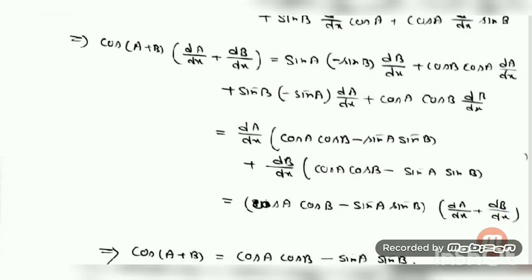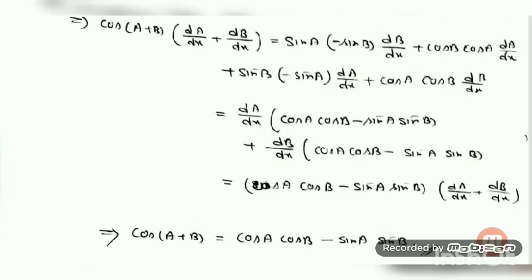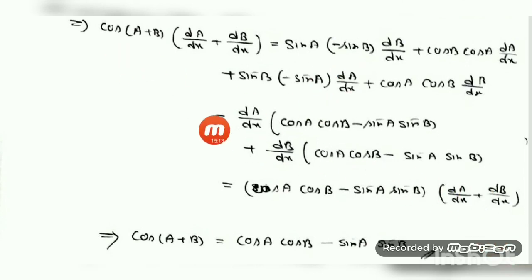Then similarly from the first and the fourth term, I am taking common dB/dx. What is left? Positive I have written first, cos b, cos a cos b minus sine a sine b. Then you see both the expressions, cos a cos b minus sine a sine b, are common. So take it common. What is left? dA/dx plus dB/dx. And as dA/dx and dB/dx are not equal to 0, from both sides I have just cancelled out dA/dx plus dB/dx on the right also.